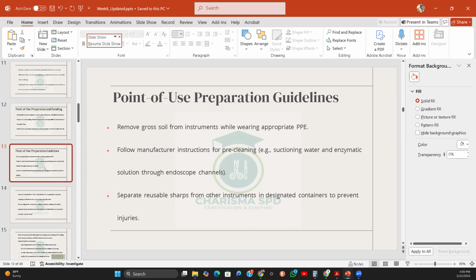Same applies to the sterile processing department. If you are working on gross soil items, you have to be appropriately dressed because you have portals of entry: your mouth, your nose, your ears, your eyes are all sources of entry of the